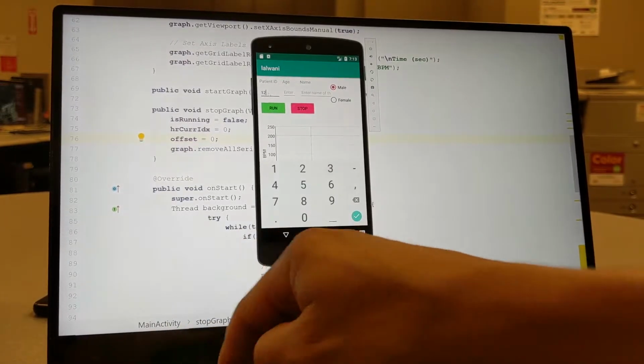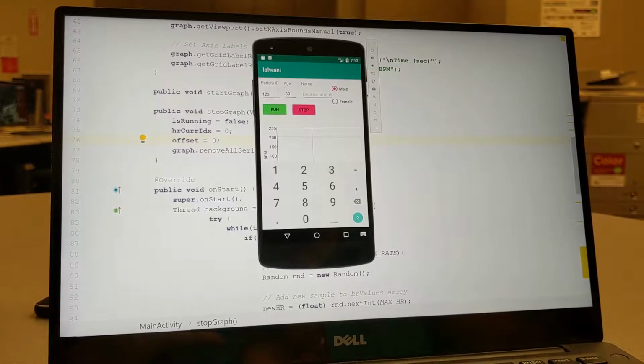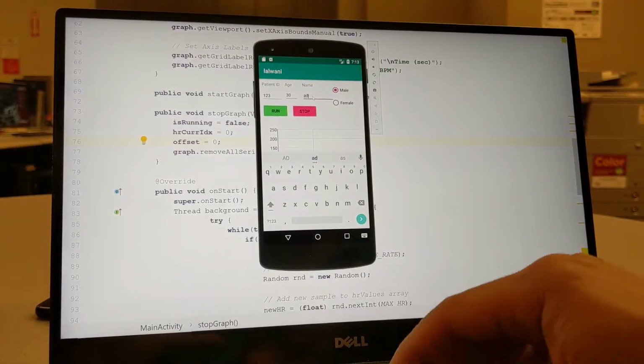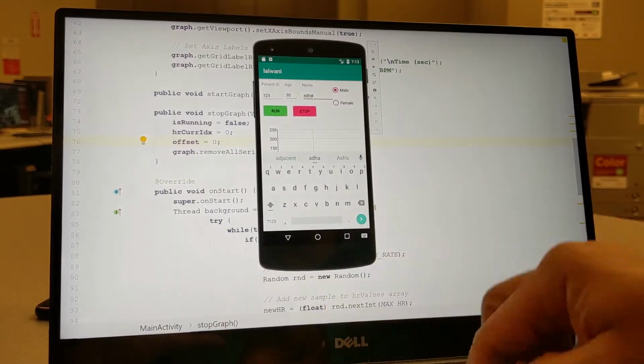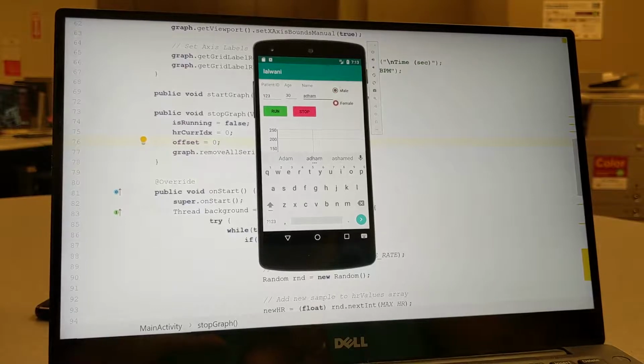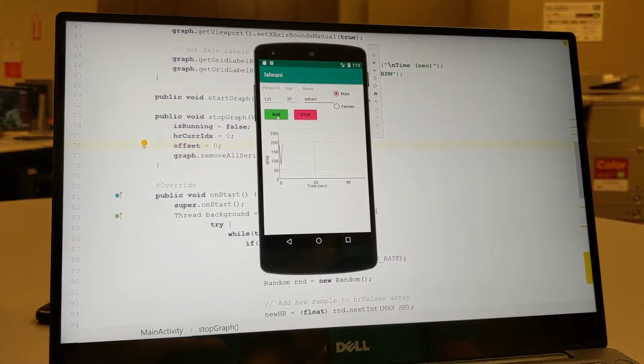I'll fill the patient data, and like the patient ID and age are restricted to numbers only. Name can be alphanumeric data. And then the radio buttons, start the graph,